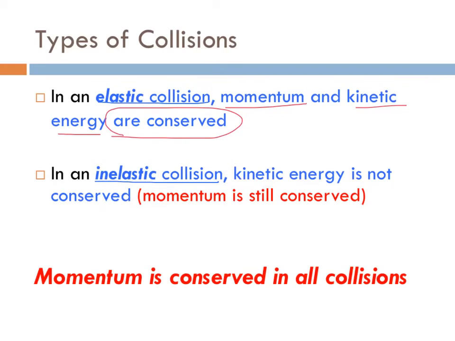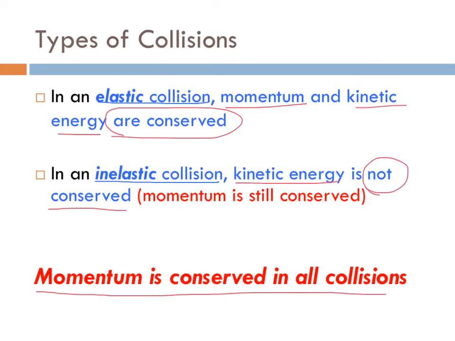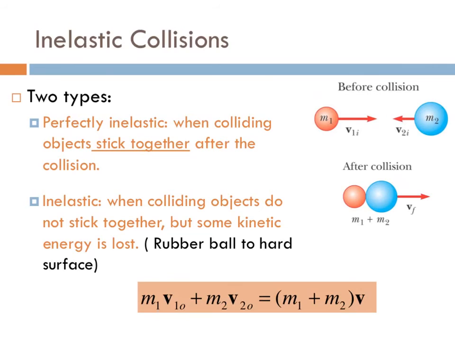Also, for inelastic collisions, kinetic energy is not conserved, and that's a huge, huge idea that we're going to, again, see a lot more of this year. In either case, momentum is conserved. So again, it doesn't matter the type of collision, momentum is still being conserved. It's just that in inelastic collisions, kinetic energy is not conserved. So again, in inelastic collisions, we have two subtypes. We have perfectly inelastic collisions, which is going to be the most common,